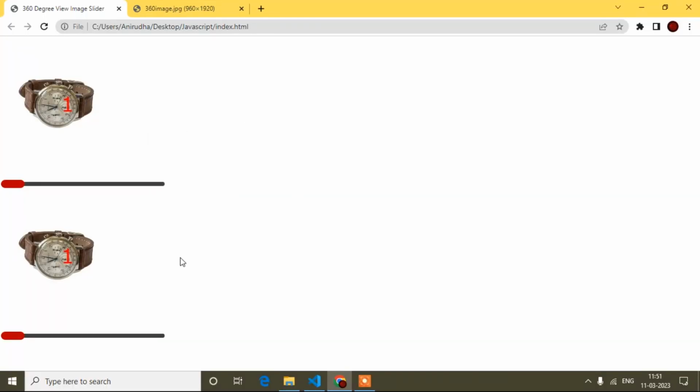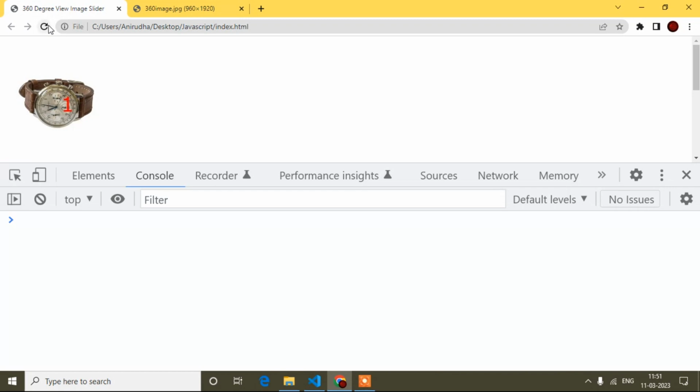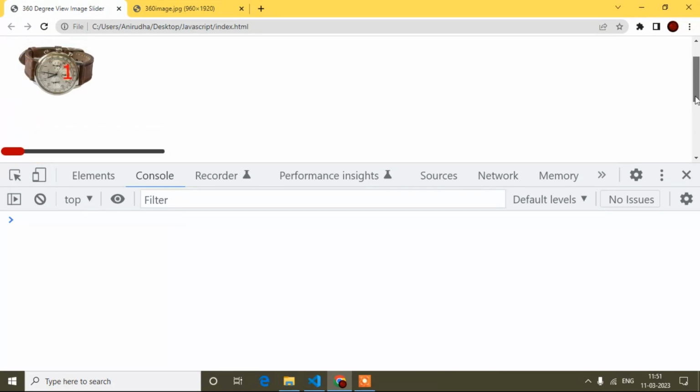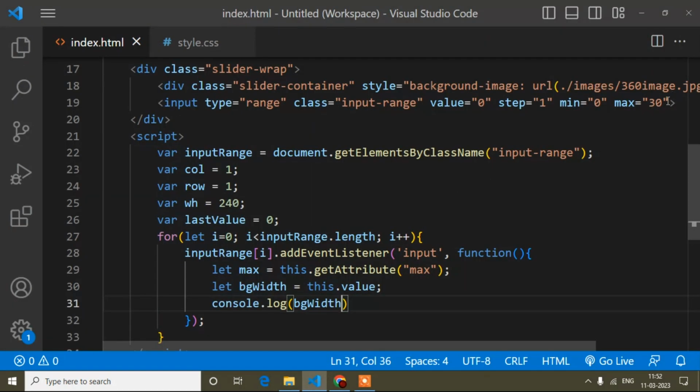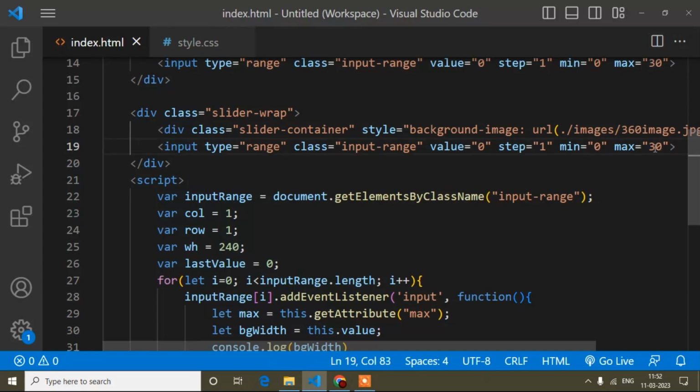Again I open the console and refresh. Suppose I take the first image, the first input range. If I move it, you see 2, 3, 4, 5, it is increasing. The more I drag the slider, the more the value increases. If I go to the end, it comes to 30. So the max goes up to 30 for each slider, but when the image is different, the max value will be different.